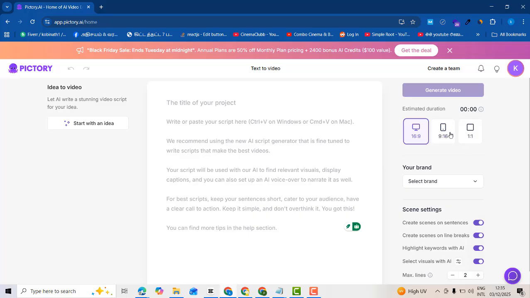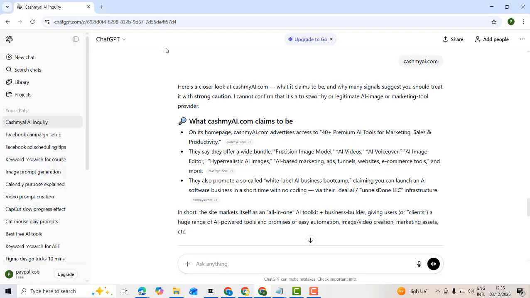You have size. Here you can see the size. If it is a desktop, you are going to generate a desktop size. This is the mobile, vertical size. Now I'm going to go along with the desktop one. If it is YouTube, it's a long video. If it is short, you can go to here. So first, before that, you have to go to ChatGPT and ask,